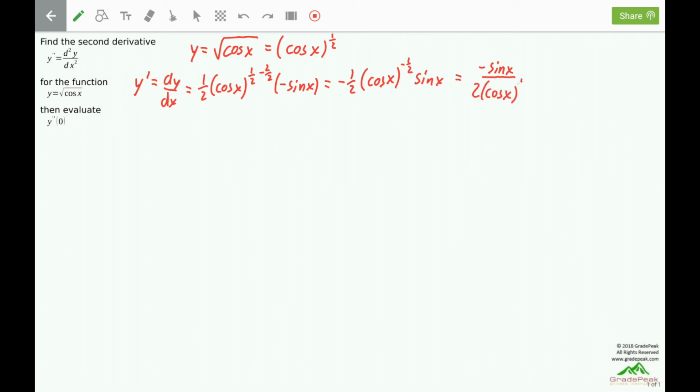cosine x to the 1/2, which means I have a quotient of functions now, and therefore our second derivative will make use of the quotient rule. Our second derivative, y double prime, or d squared y dx squared, will be the derivative of the numerator. The derivative of sine is cosine, the negative comes along, times the denominator left alone,